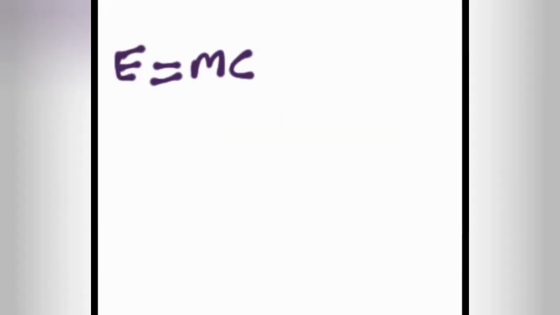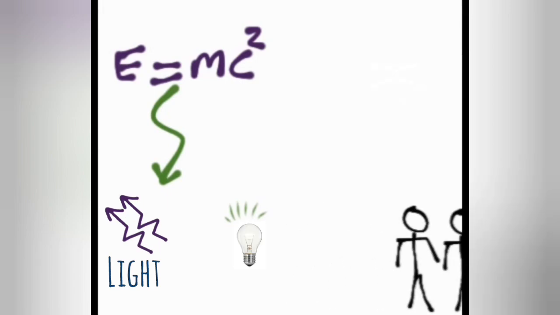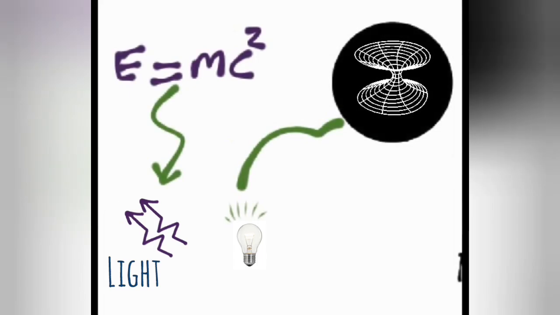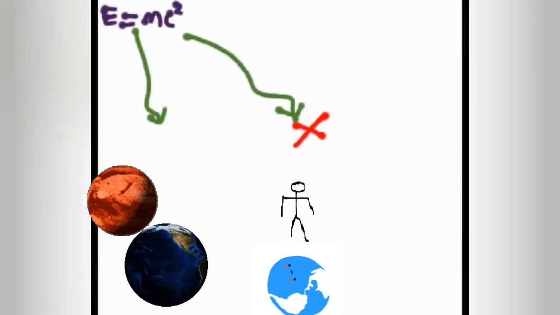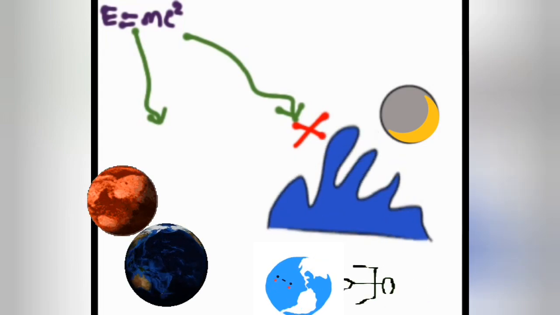Einstein's general relativity predicts that gravity could bend light. This was a radical idea at that time and many people were skeptical, until the discovery of a black hole, an object so heavy that not even light could escape its gravity. So Einstein's fabric analogy works well for a celestial body, but it doesn't fully explain how gravity affects us on Earth or how the moon's gravity impacts the ocean.